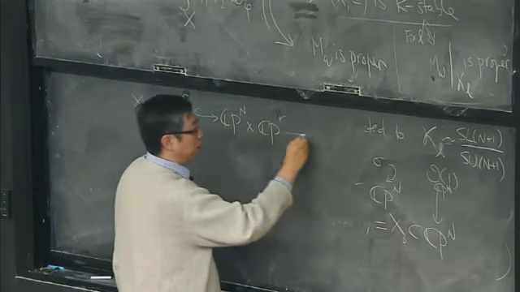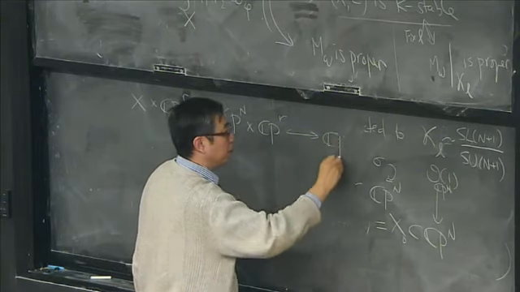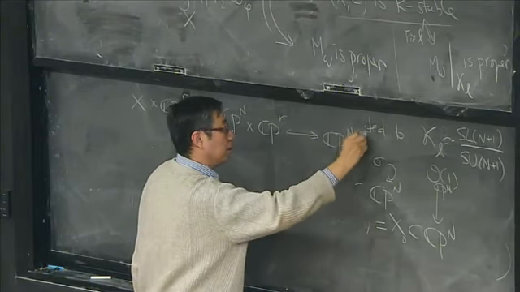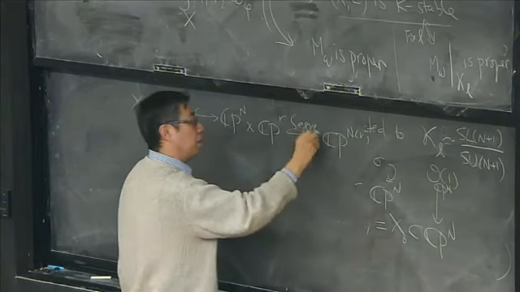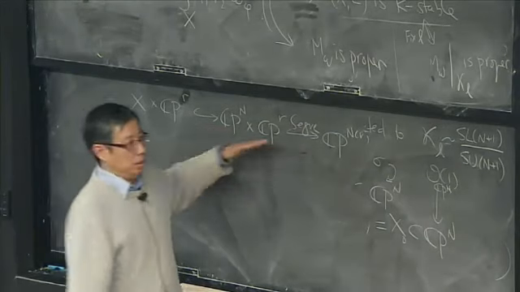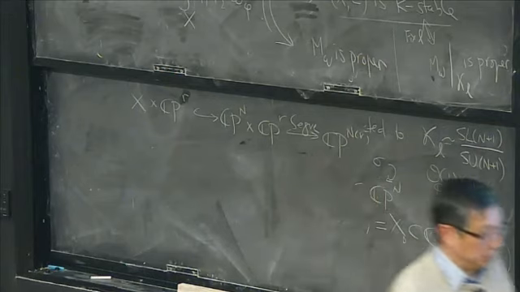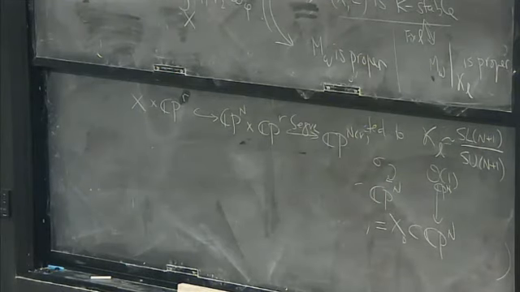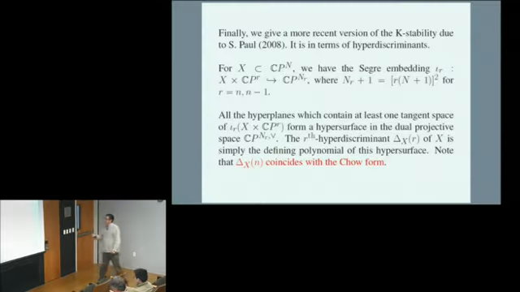Then the second embedding is to embed this into a bigger projective space by some polynomial functions in two variables. Anyway, you can compute, that's actually not important. You can compute the dimension of the Segre embedding. Okay, so you can do this for every R. Here I only pick two values of R